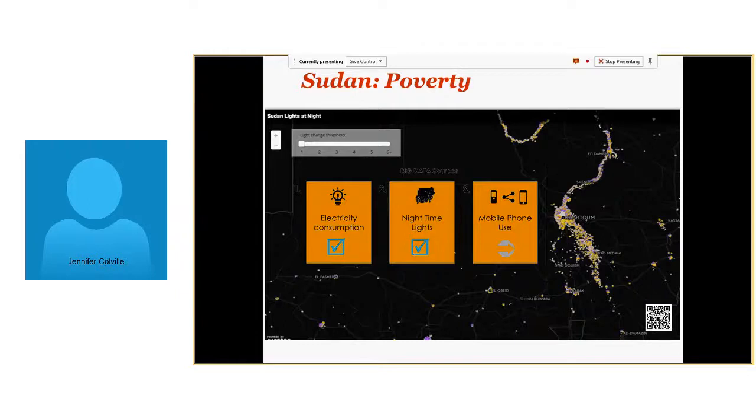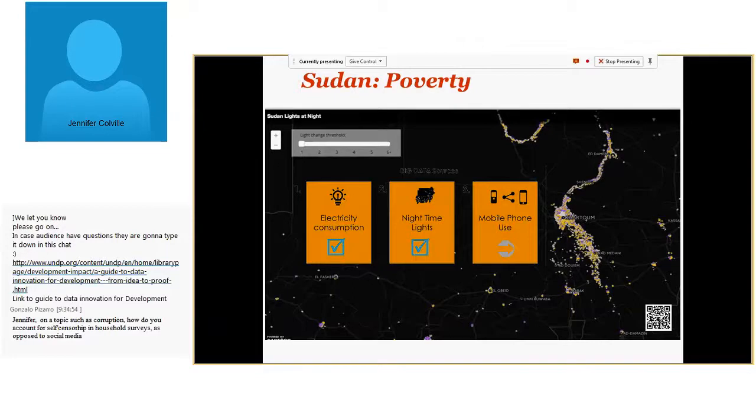In Sudan, they wanted to look at the poverty rates at the subnational level. And the thing I like about the initiative in Sudan is that they tried and failed, and they tried and failed, and they tried again. They wanted to explore different kinds of ways to measure poverty at the subnational level. So they said, great, let's look at energy consumption. Or they were looking at energy top-ups first, and then, okay, more generally, energy consumption. And they got that data, and they overlaid it with what they already knew at the subnational level, and there wasn't a strong enough correlation.